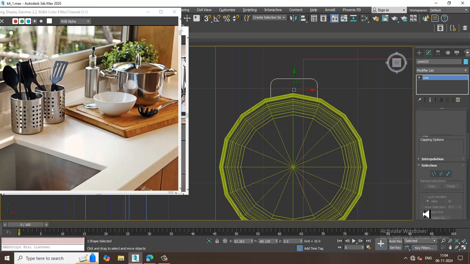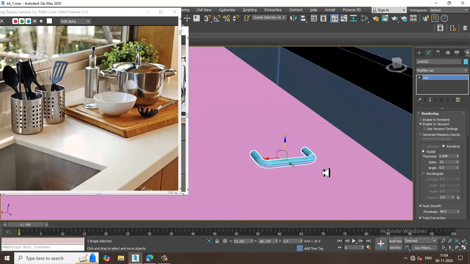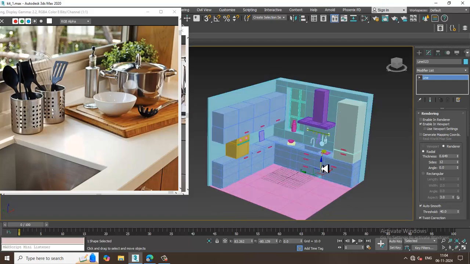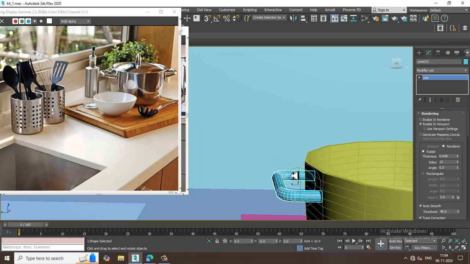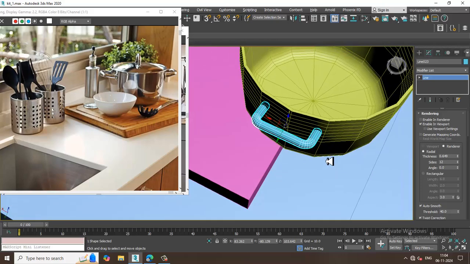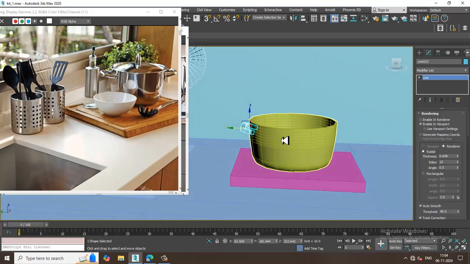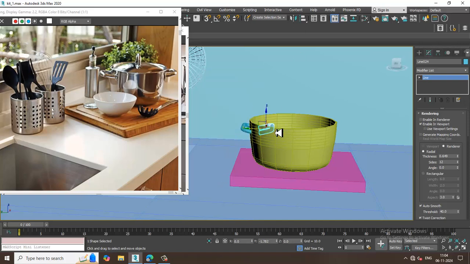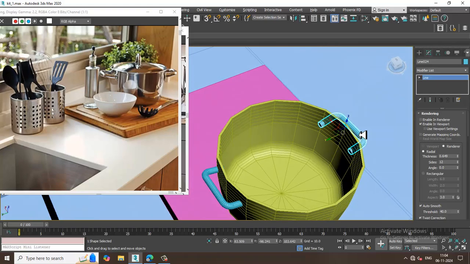After adding a fillet, I'll enable in viewport, and slightly push it up, shuffle it in this way, and slightly rotate it for this part. I can place it in this way. Let's duplicate it, mirror it, copy it in the y-axis. I'll make a copy of it and slightly drag this out. Once it is done,